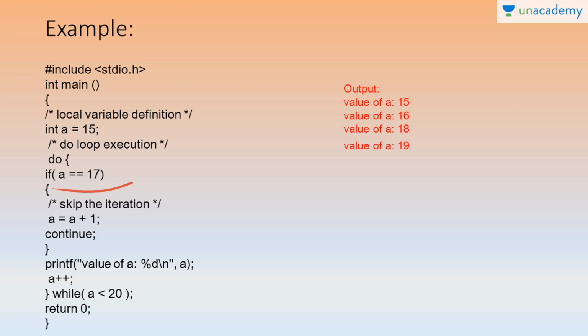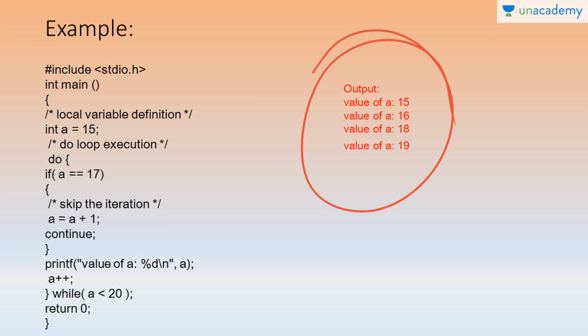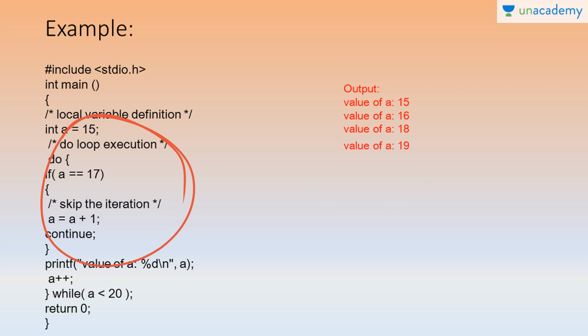Then continue. Continue means it won't come here, so it won't be printing the value of a is 17. It just skips that. And now the value of a is 18, right? So it just prints the value of a is 18, increments it to 19, and so the process continues. Since a should be less than 20, only till 19 the value is printed. We had written here: if a is equal to 17, just increment it and skip the value of a is equal to 17 part because of this continue. So the value of a equal to 18 will be printed, and next the process will be continued.